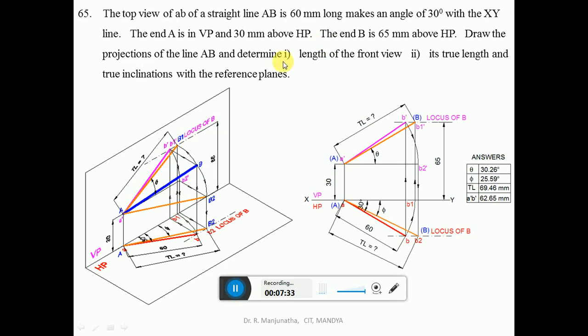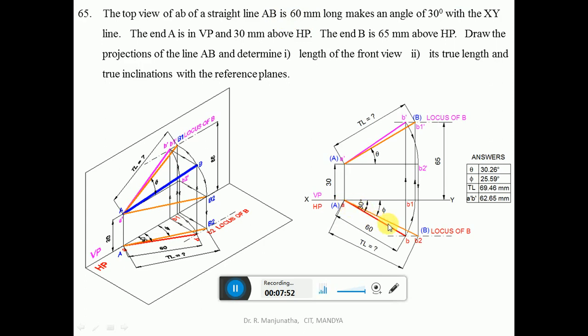Then with A as center, by using the protractor you measure an angle of 30 degrees, because the top view of small ab of the straight line AB, which is 60 mm long, makes an angle of 30 degrees with the XY line. So with small a as center, by using the protractor you measure an angle of 30 degrees and draw an